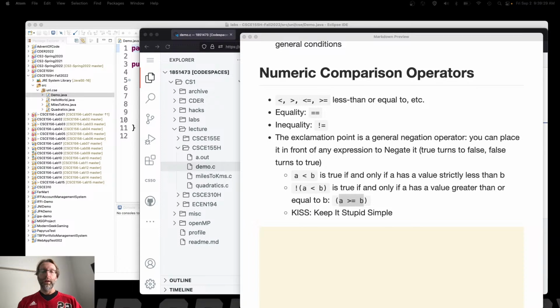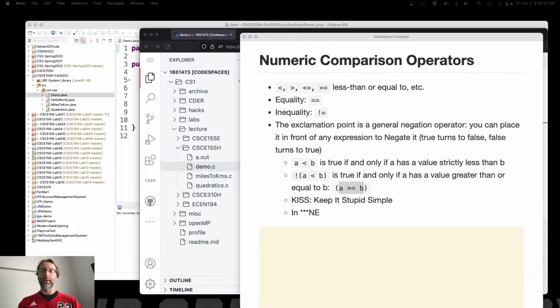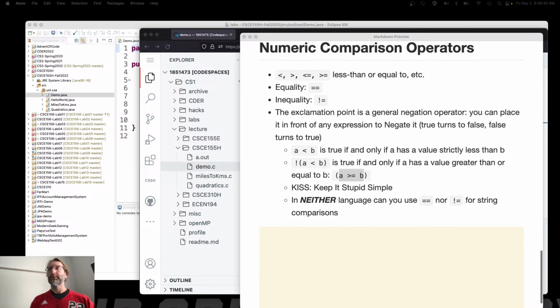Right? In neither language, I'm going to emphasize this greatly, can you use equals equals or, I should say, not equals for string comparisons. Now you're going to be kind of spoiled if you're coming from a Python background where you can do something like this. Those are dynamically typed languages that understand that stuff. In neither language can you use that. You're not going to get the great results that you expect, right? For